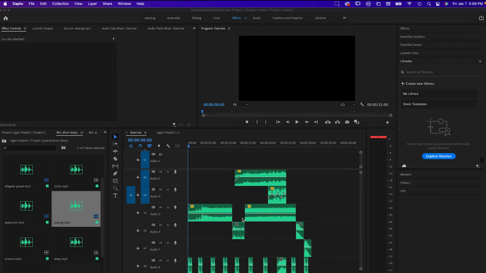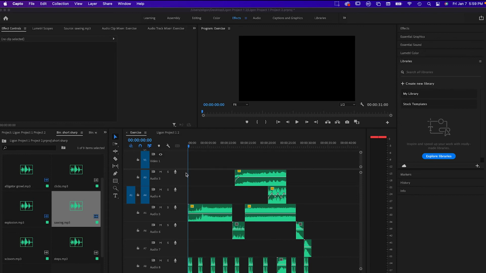Okay, next, we're going to work on panning the tracks, okay? And we're going to not take as much care as you should because we want to go fast. But generally speaking, you have a stereo field, and if it's panned all the way to the left, that means it's only in your left ear or your left speaker. If it's panned all the way to the right, it's only in the right speaker, right ear, right? And if it's panned a little bit to the left, then it's more in the left than the right. And the more you tilt it one way or the other, the more it favors that speaker rather than